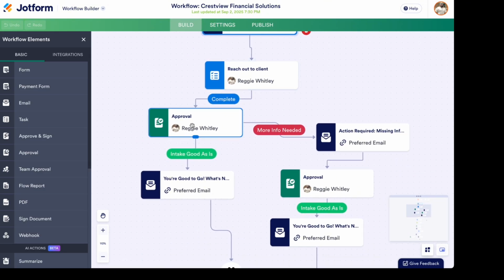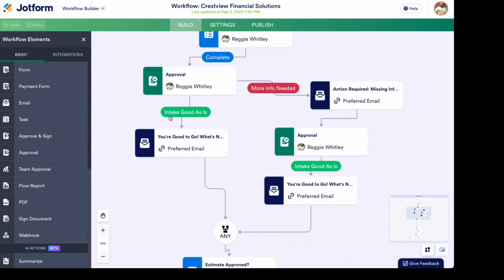Once we know how to proceed, that person, whether it's you or a team member, will be able to either say good as is, which is how I just worded mine, intake is good as is, or more info needed. This is because we've done the approval step for you or your team. If it's good as is, they submitted everything in their intake, we don't need any more information, I'll just click